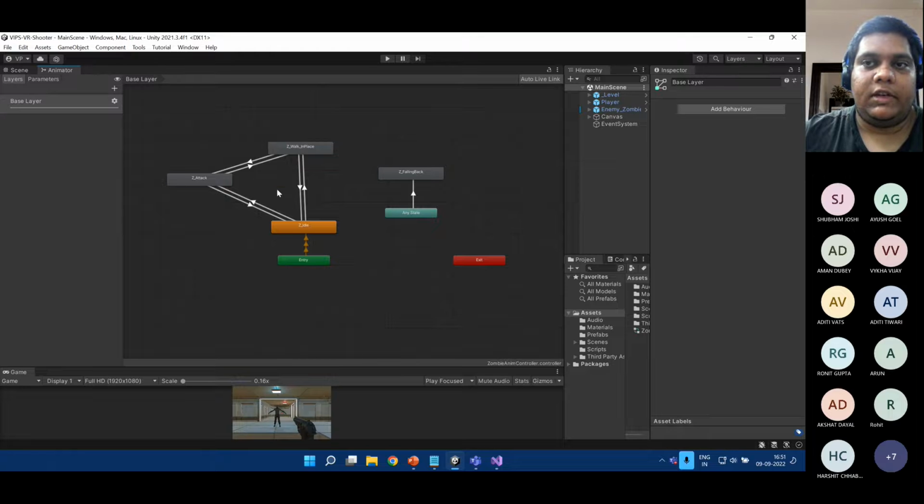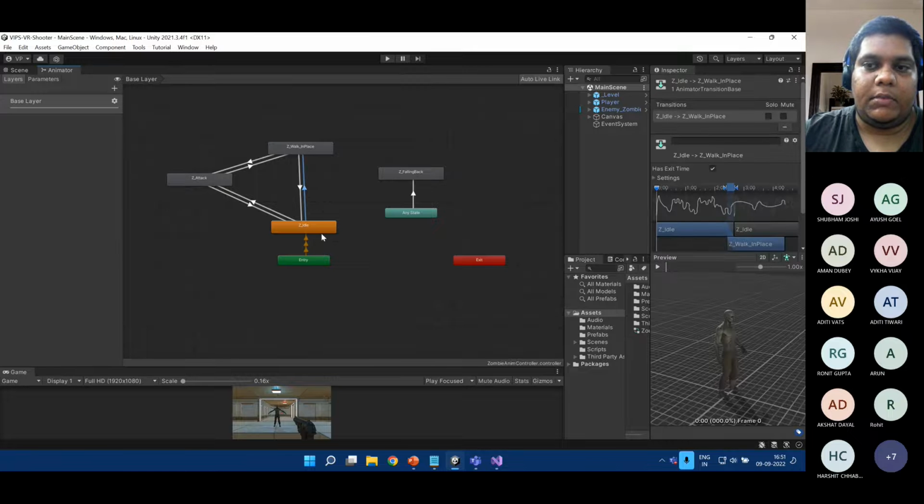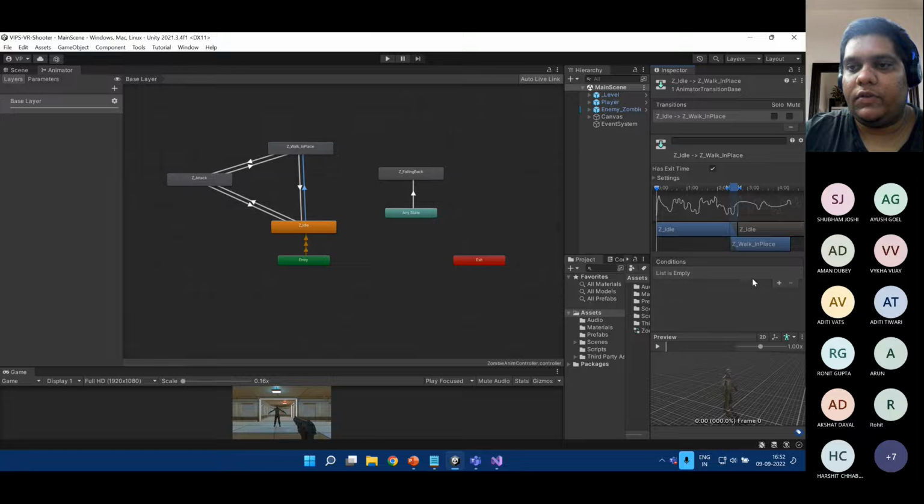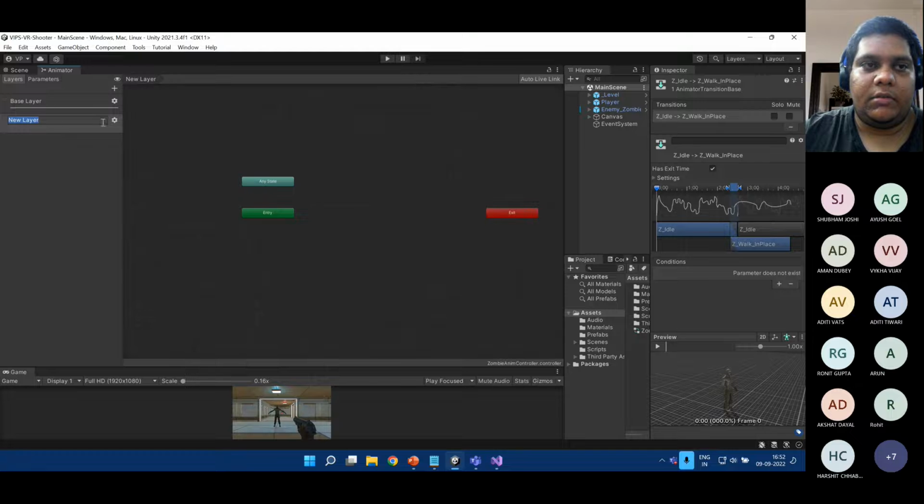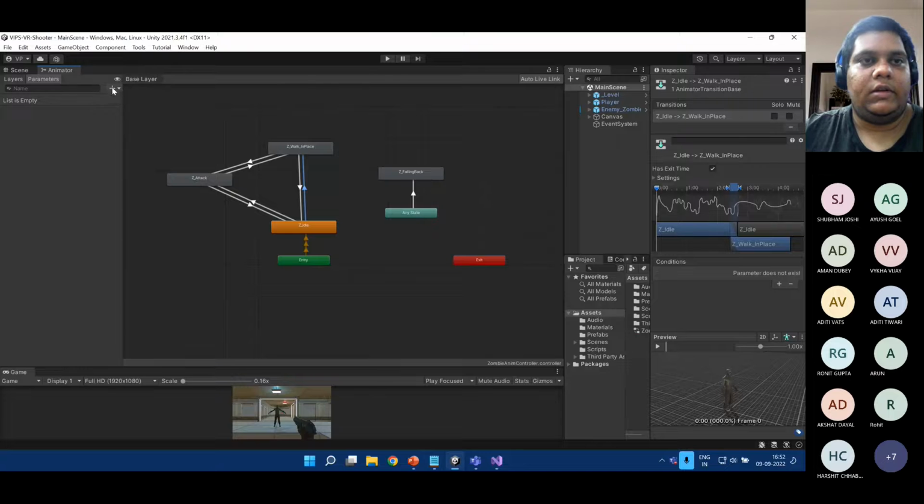So now what I want is some condition to happen, like the distance, for me to go from this state to that state. How do I do that? I can have this list of conditions and add a condition here. But to add a condition, I need some parameter, and there are no parameters right now. These parameters are what define transitions between two states. There are four types of parameters: float, int,